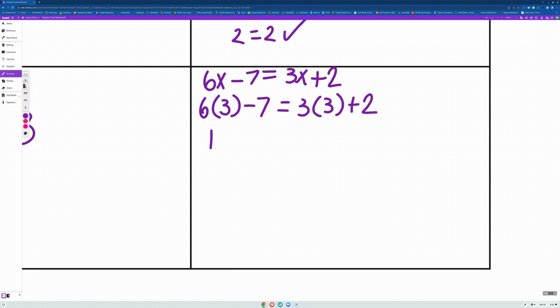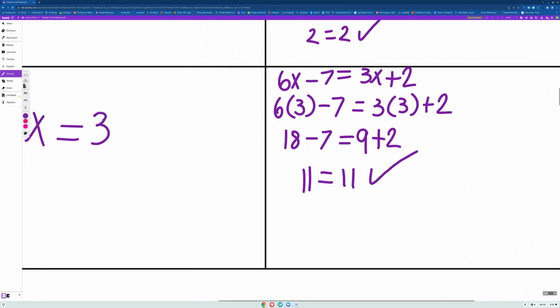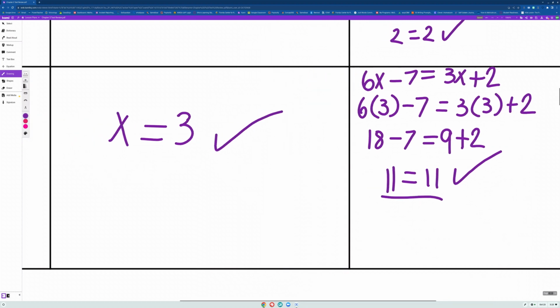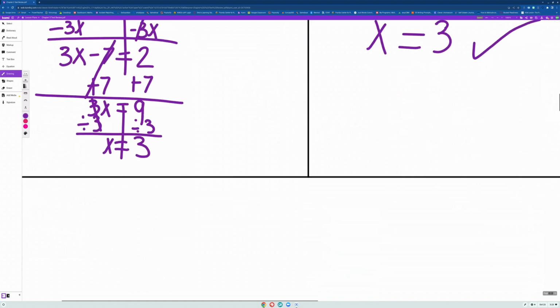That's going to give me 18, minus 7 is equal to 3 times 3. That's going to give me 9 plus 2. So now all I have to do is simplify both sides. 18 minus 7 equals 11, and 9 plus 2 equals 11. So because I got the same answer over here, that means that x does equal 3. All right,